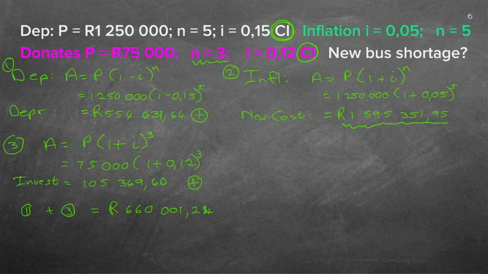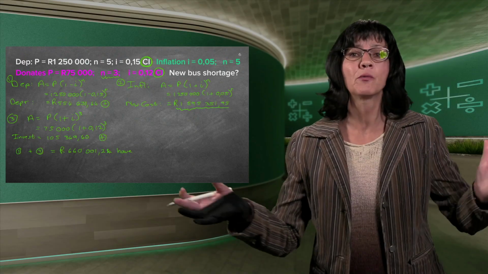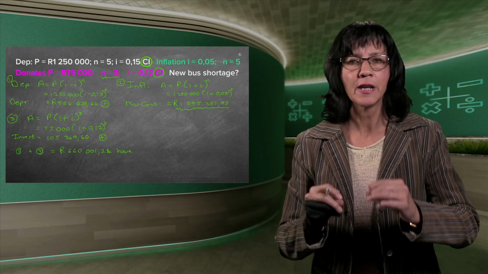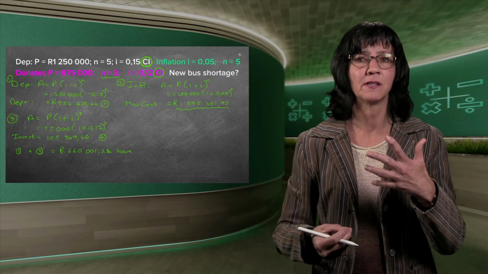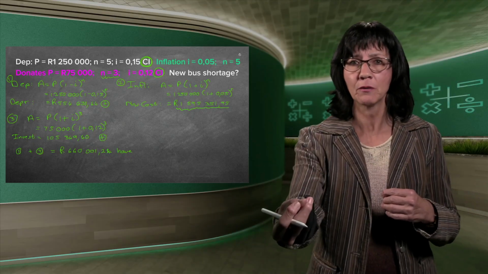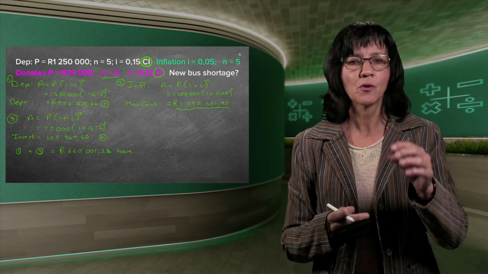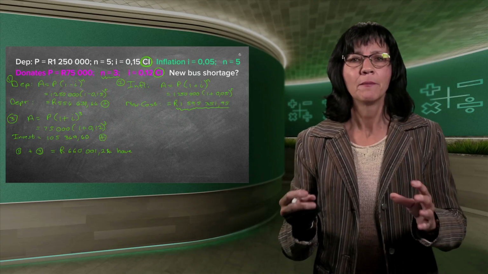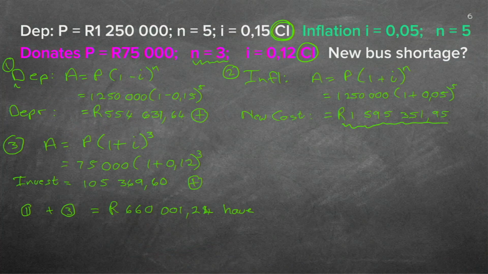Can you see that little gap between the zeros in the 660? It's just so that you don't get confused. So 660,000. So this is what you have at the end of 5 years. You see, if you make little summaries, if you just did 3 sums here and you didn't write little notes next to them, you will not know what is the money you have, what is the depreciated value, what is the inflation value. You will not know which one is which. So as you do a word problem, make yourself a little summary. So I wrote down there, this was your depreciation. This was your investment. This is the new cost for a new bus. I should have written new bus.